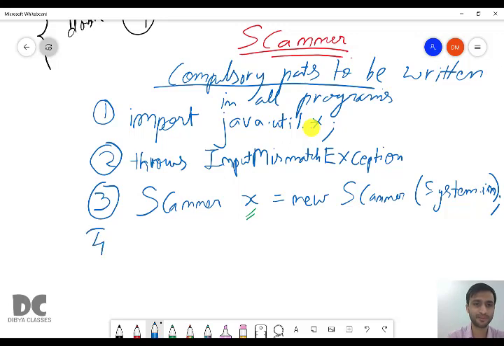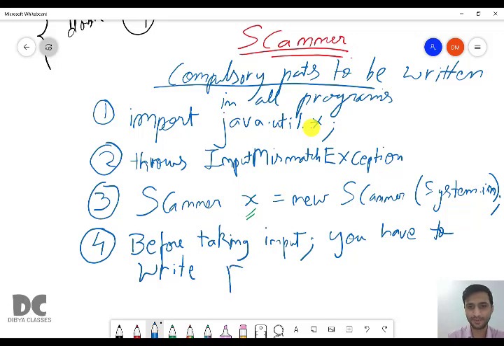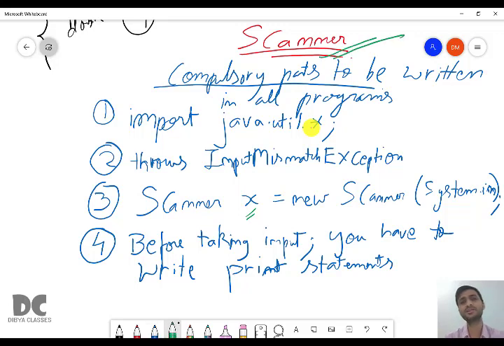Point 4: in all the scanner programs, before taking input, you have to write print statements, either print or println. So in all the scanner programs, whatever the program is, if you are using scanner in that program,